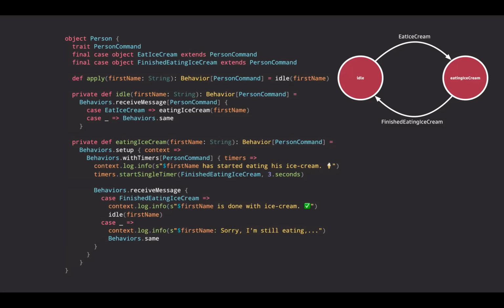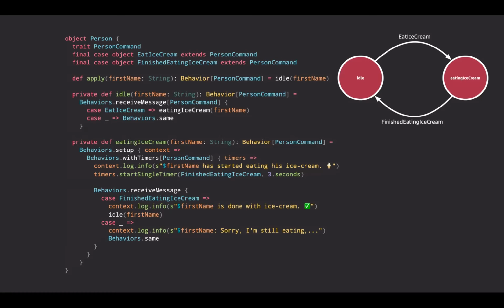So in this case, we have a state diagram on the top of your screen. This actor has two states. One state is idling, which means that it's just, I don't know, initialized. And in that case, it can receive a message called eat ice cream. After it receives the message eat ice cream, it goes into a state of eating ice cream. Once the ice cream is actually consumed, that will mean that 5 seconds will pass. It will go back into the idle mode.